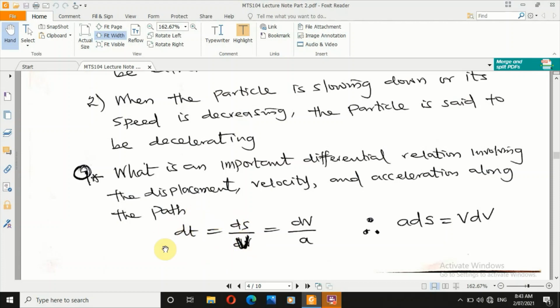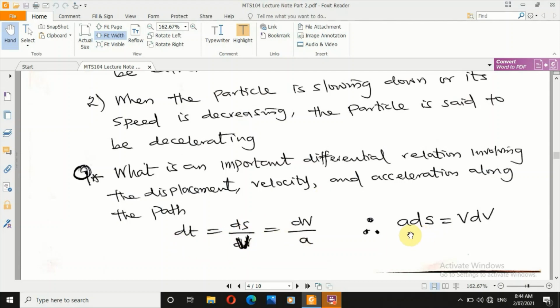Now let's go back to acceleration as well. You know, acceleration is dv over dt. If you make dt the subject of the formula again, you have this one equals this one. So in the first expression and the second expression, the dt we can equate together. If you equate, you now see that this one here is telling us about the change in displacement with time to give us velocity. This one is telling us about the change in velocity per time to give us acceleration.